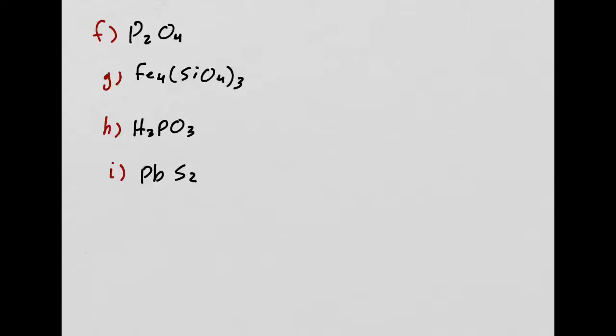Let's do these ones. P2O4. Is it ionic, acid, or base? Acid starts with H. It's not an acid. Is it a base? No. Base ends with OH. Is it a metal and a non-metal? No. This is two non-metals together. So this is covalent. Decide what type of compound you have before naming it. If you have covalent, what do you use? You use prefixes. Okay? So,